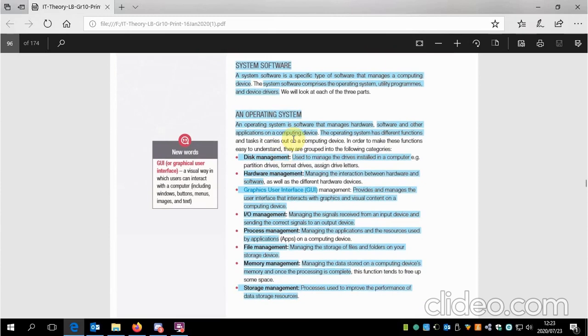But let's get back to system software. Let's look at an operating system, which is system software. An operating system is basically software that manages the hardware, software and other applications on a computing device. So you need an operating system to run your application software, because your application software goes onto your operating system. This operating system has different functions. The main functions of an operating system